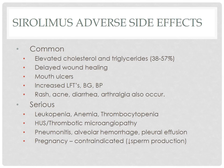Some of the side effects a patient potentially has with sirolimus or any sort of everolimus is that they can cause wound healing problems. And I think they did a study to look at whether we can drop the tacrolimus and just put people on sirolimus and MMF, and they tend to have more rejection that way. So we definitely need to have a calcineurin inhibitor on board. But everolimus also